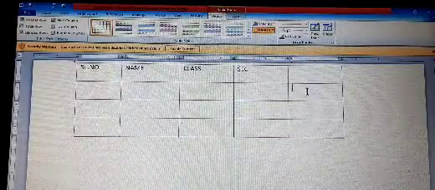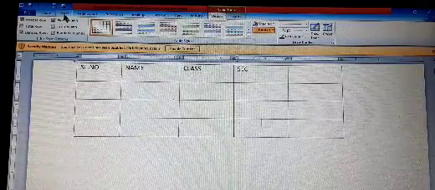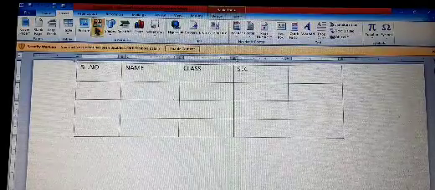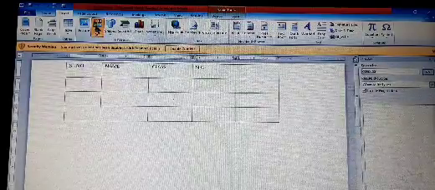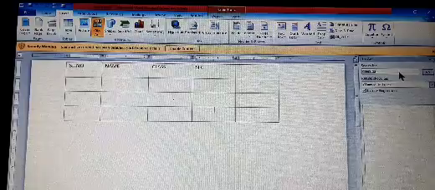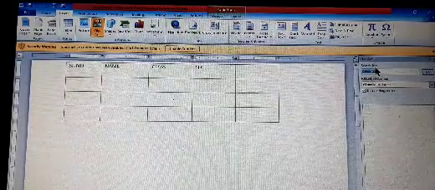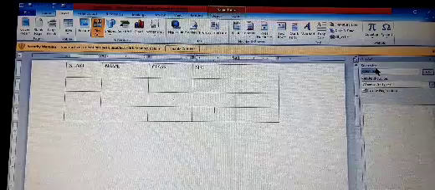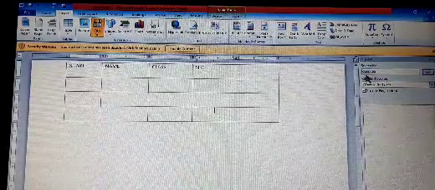Click on the cell where you want to insert the image. Then go to the Insert menu, then Clip Art. Enter the name of the category of the picture. Here the category is computer.